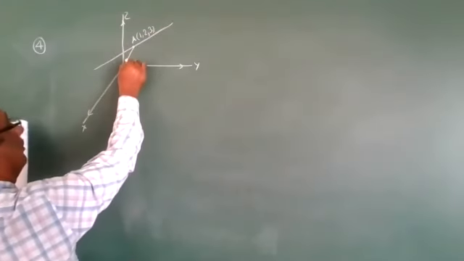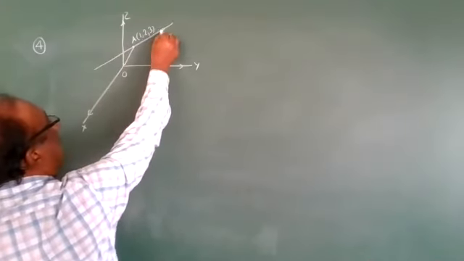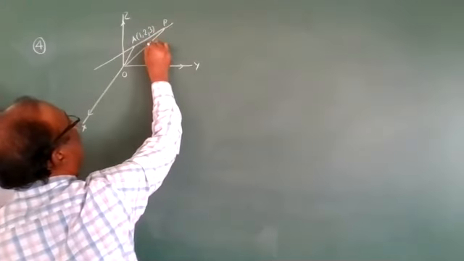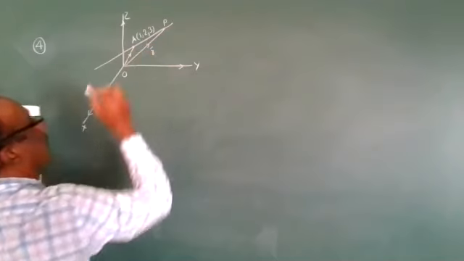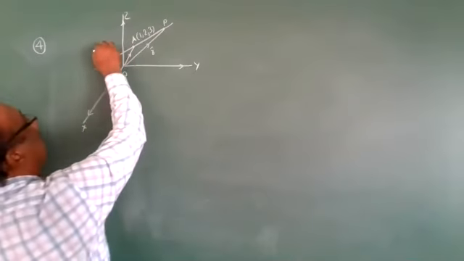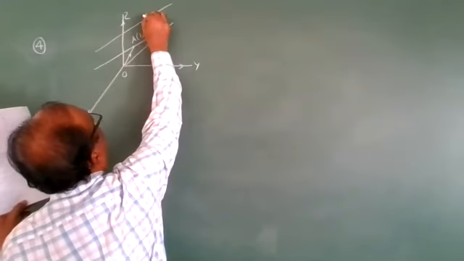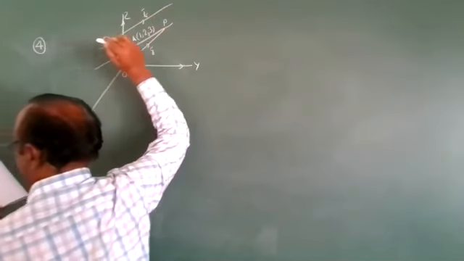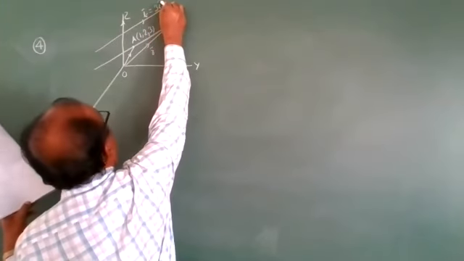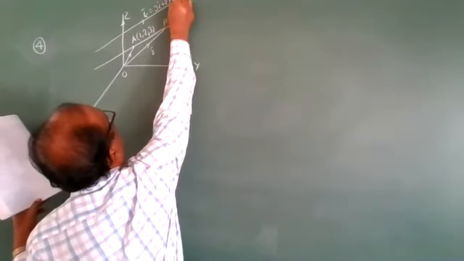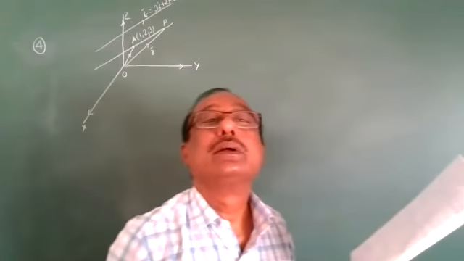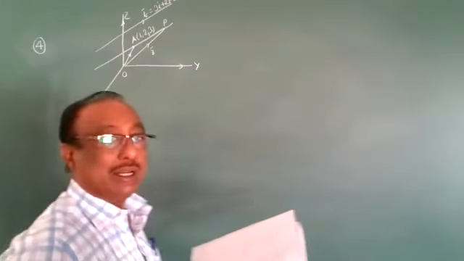So join OA. We can write the locus point as P. Therefore, the P point we can take as R bar. This is the OA bar vector, right? One vector is parallel. That is the B bar vector. What is B bar? It is given by 3i plus 2j minus 2k. Okay, right? Immediately write down.